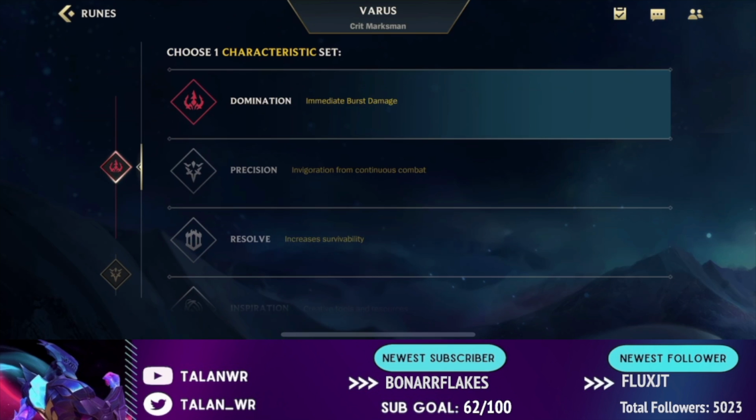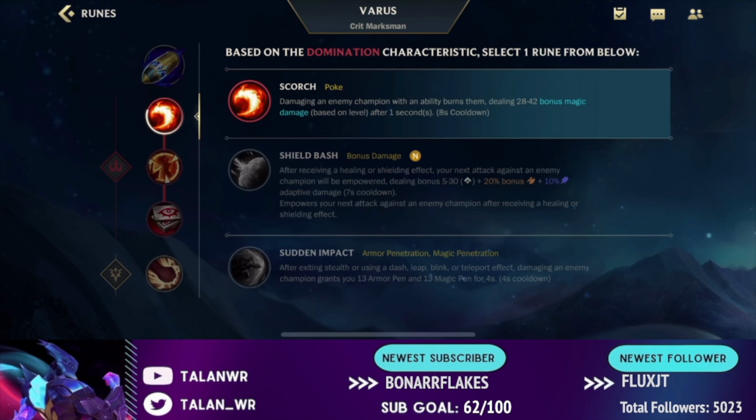So if you're really just looking to increase your damage, especially your burst damage, this is going to be the rune tree for you. The first rune set in the Domination tree includes Scorch, Shield Bash, and Sudden Impact. Scorch basically just means when you damage people with abilities, you get bonus damage that burns them as magic damage. This is really good on poke champions like Varus, who like to use their abilities to just poke people down